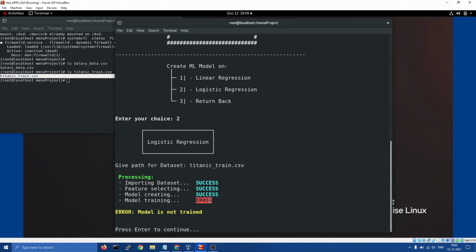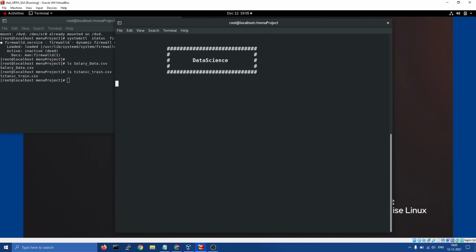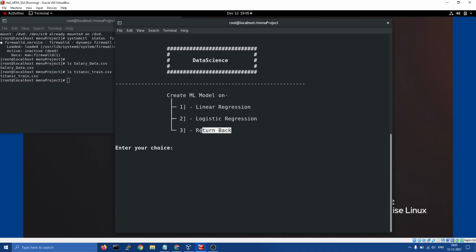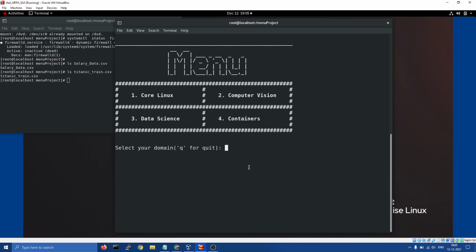Actually I have to add some more code so that it doesn't give an error. It is showing the error that the model is not trained. Okay, let's go back to the home page.